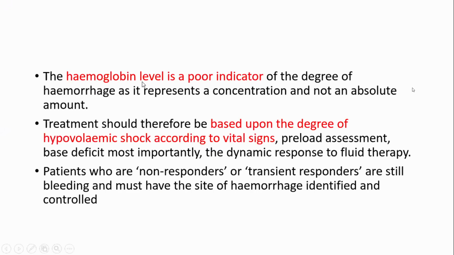What about hemoglobin? We generally take hemoglobin, but we need to know that because of hemodilution, it is a poor indicator. We cannot rely on the hemoglobin level only. We need to rely on different parameters, vitals. Hemoglobin can be just a number, but we need to look at the overall status of the patient, the vital status, whether the patient is doing well or not, whether urine output is good or not, whether BP is coming up or not.